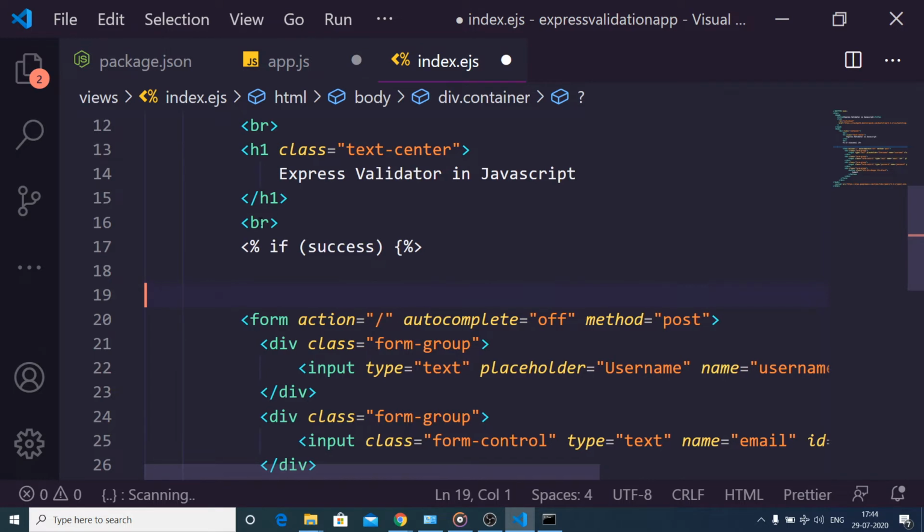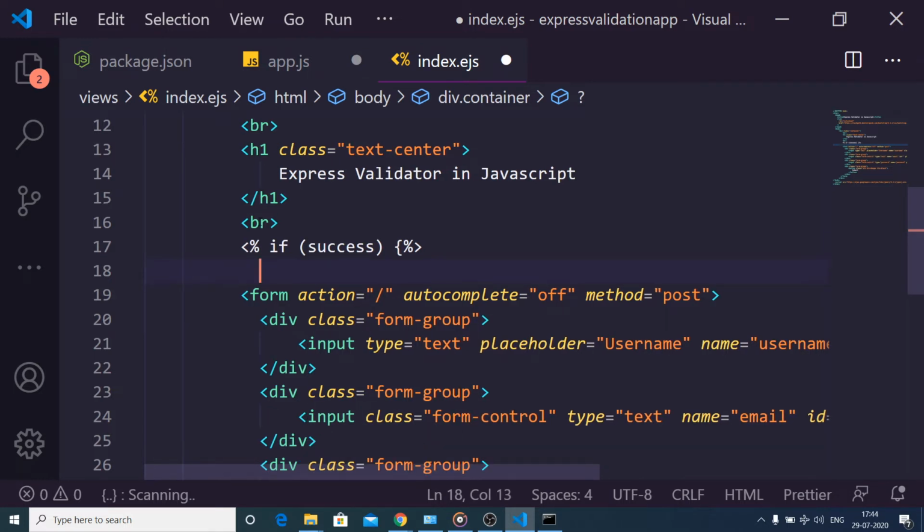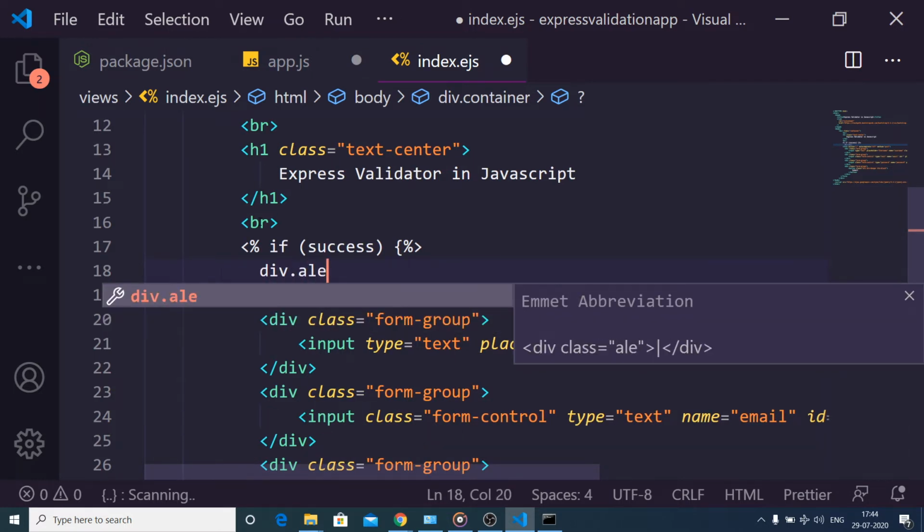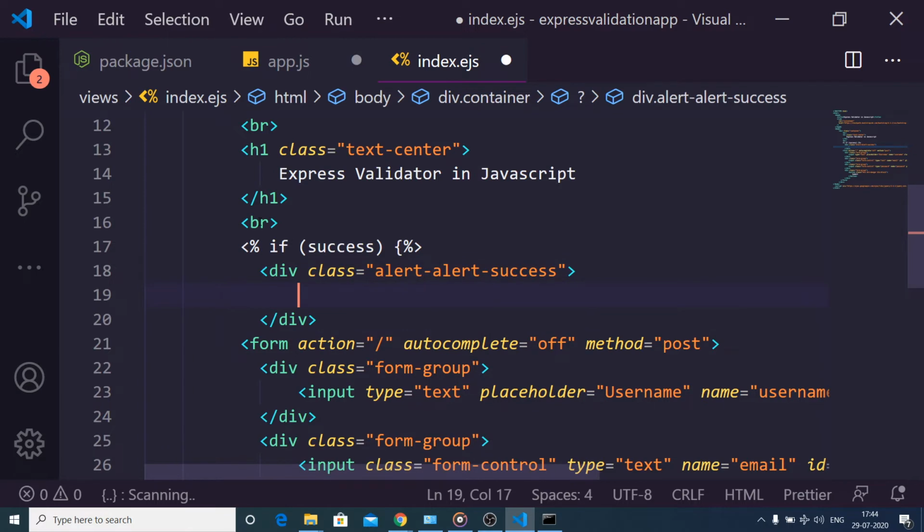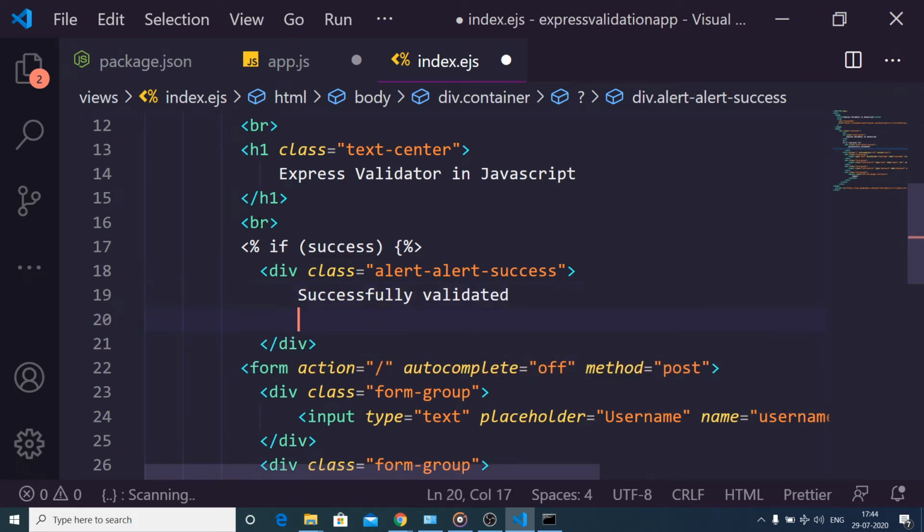In that case we will show a simple div which has a class of alert success, a simple message that successfully validated, and also we need to close this if block.